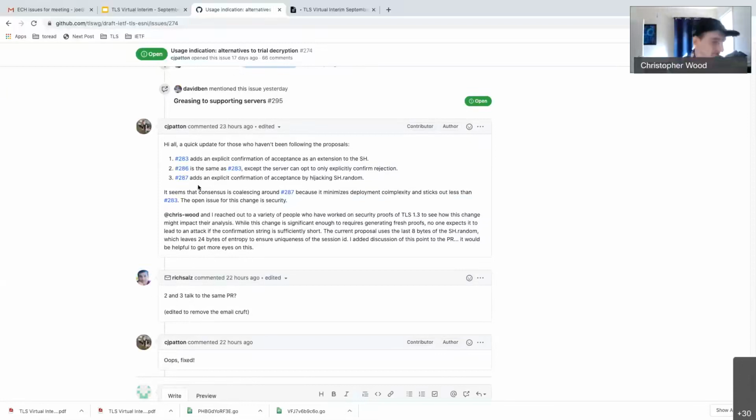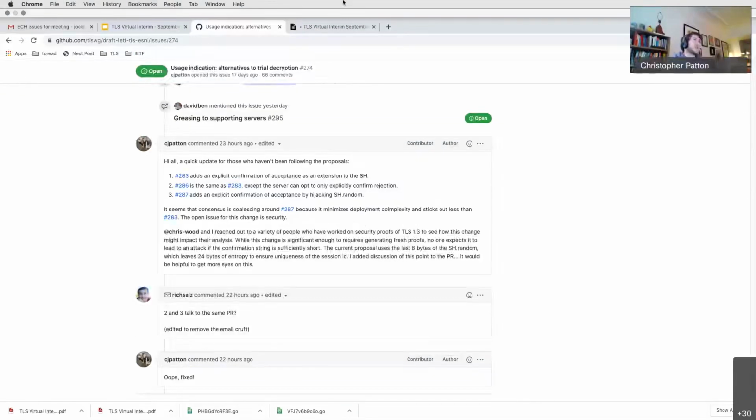Oh, I don't think so. I mean, from a proof perspective, or something else. If anything came to mind, I guess. Yeah. So the idea is basically to provide an explicit signal of acceptance, so that you don't have to do trial decryption. So what happens is